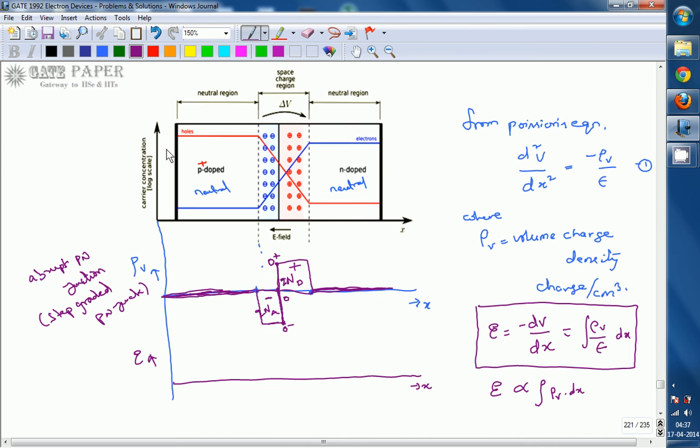Okay, now till this point continuous summation is nothing but you are adding. So electric field rho v, if you are adding this rho v continuously, whatever you are getting is nothing but electric field. At this point the value is 0. So till this point what you are going to get is nothing but 0 only. So there is no electric field present. Electric field is 0 in P side.